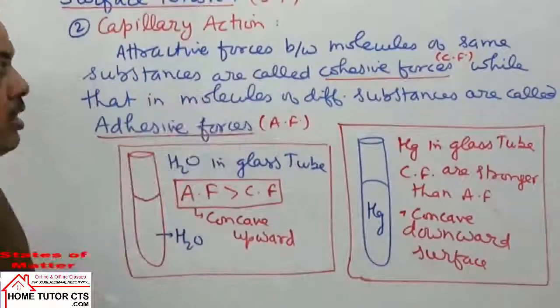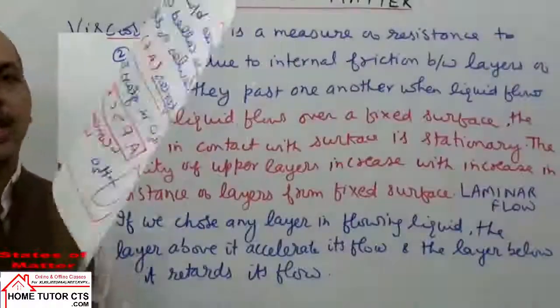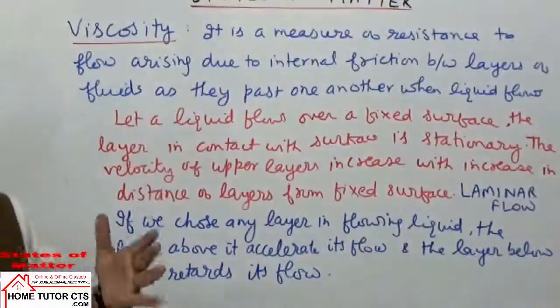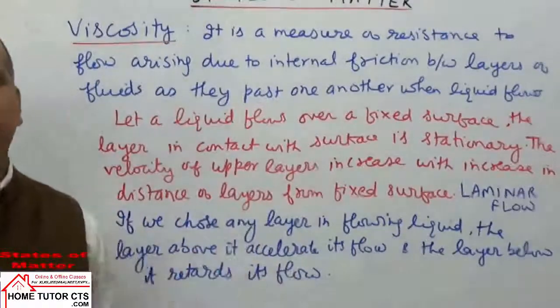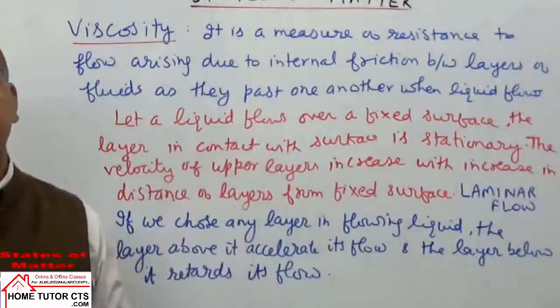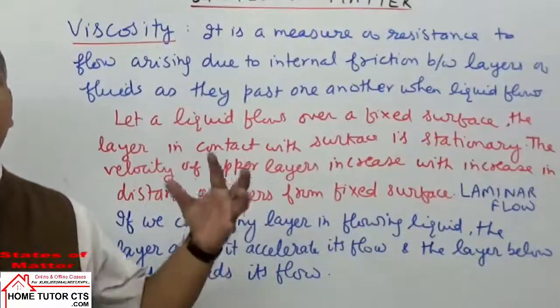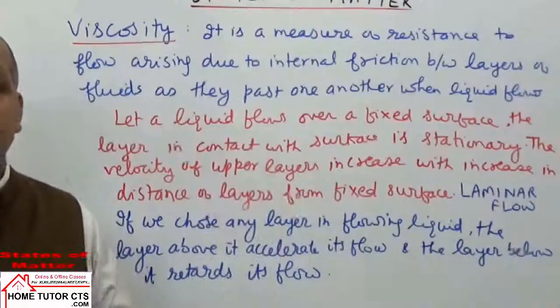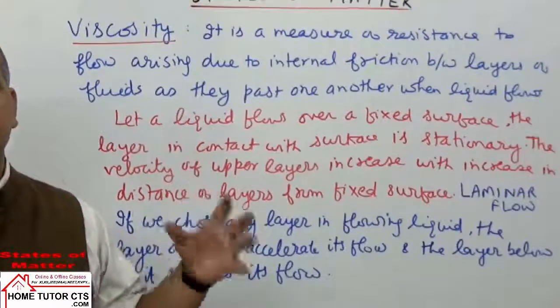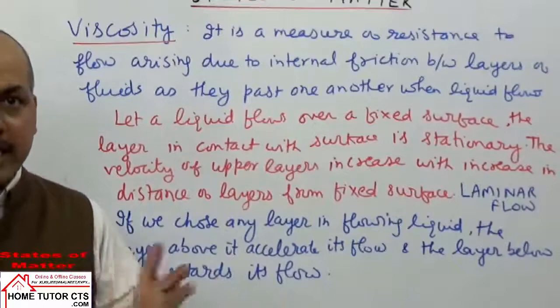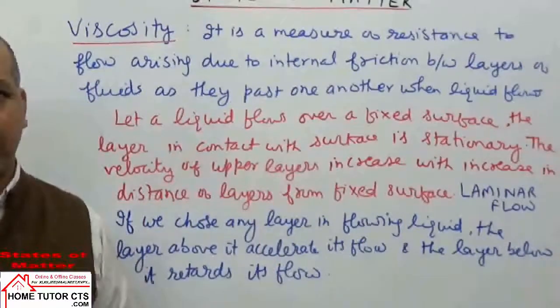Now the next property in liquids is called viscosity. Basically, viscosity depends on the attractive forces among the molecules. We have discussed this in hydrogen bonding applications. Liquid molecules which have strong attractive forces among them are said to be more viscous. Basically it is linked to the resistance to the flow of liquids.